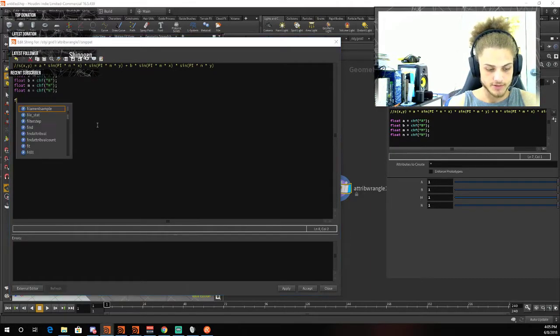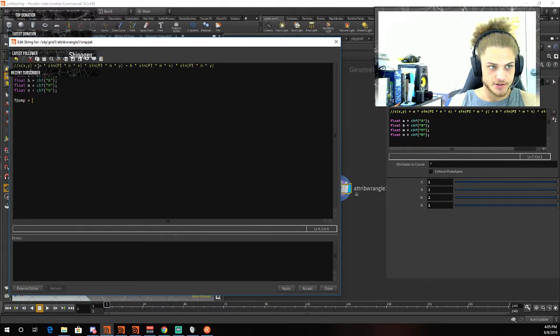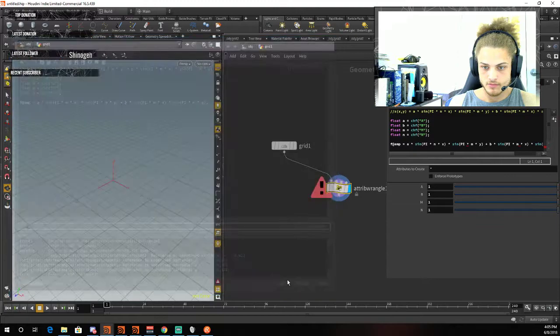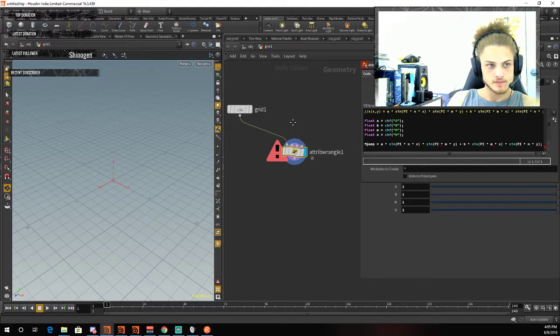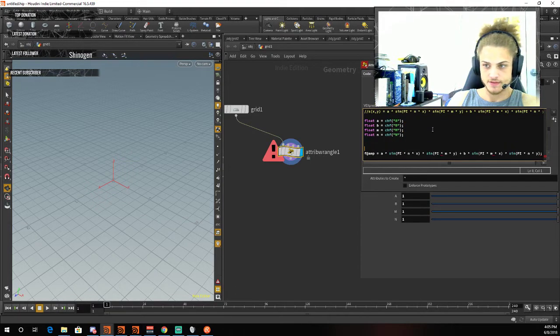So f@amp, float amp equals 2, and then I will just take this ginormous formula, copy it, paste it here, and add a semicolon. Let's highlight this point here. Okay, what's going on here? Let's fix this. When we hover over this error message, we can see the tooltip saying that we referenced an undefined variable. Of course, we didn't expose our point positions x or y, so let's take care of that by going float x equals @P, that's our position, dot x, that's shorthand for